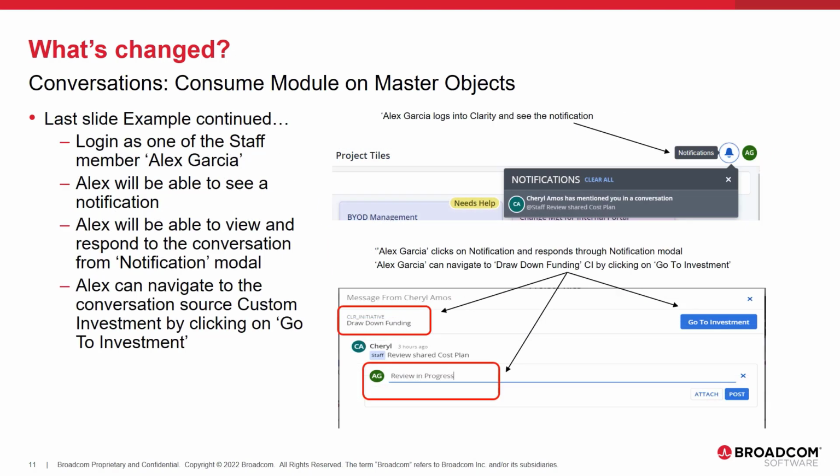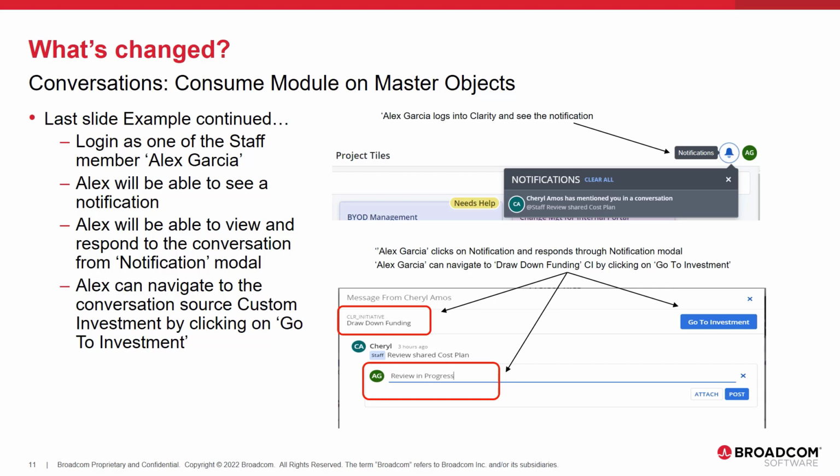Continuing with the example, one of the team members, Alex Garcia, logs into Clarity. Alex will be able to see a notification. When Alex clicks on notification, a notification model opens. Alex will be able to view and respond to the conversation from notification model.